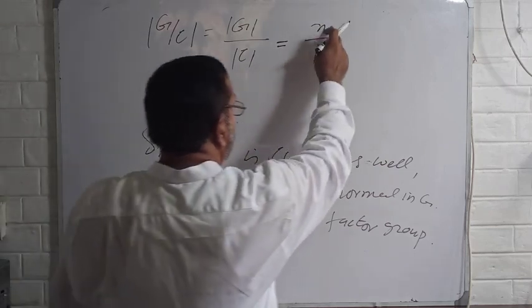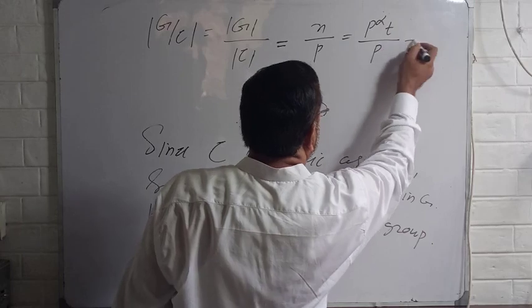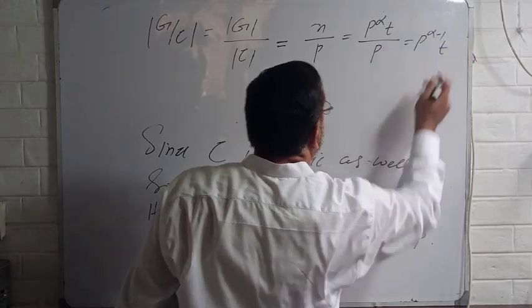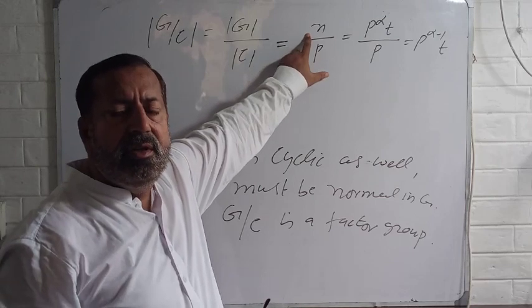And you know P power alpha divides n, so this is P power alpha T by P, which is P power alpha minus 1 T. Since P power alpha divides n, as we have proved,